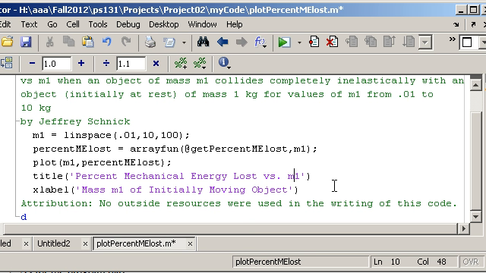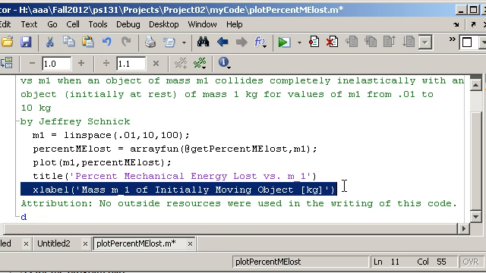And I think I'm going to call that M subscript 1. M subscript 1. Alright, and then I do have to put the units in there. It should be in square brackets. So kilograms,